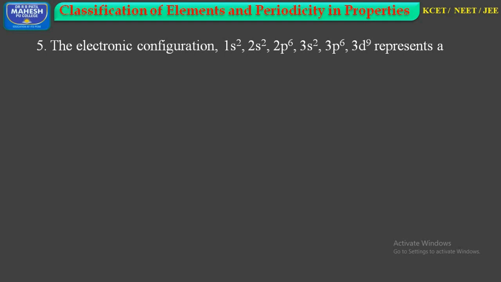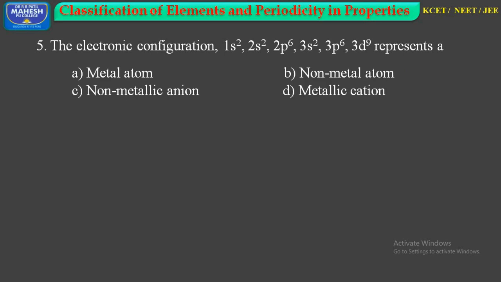The electronic configuration 1s2, 2s2, 2p6, 3s2, 3p6 and 3d9 represents a, options are option A, metal atom, option B, non-metal atom, option C, non-metallic anion, and option D, metallic cation. Students, the given configuration represents the configuration of a cupric cation because the atomic number of copper is 29 and